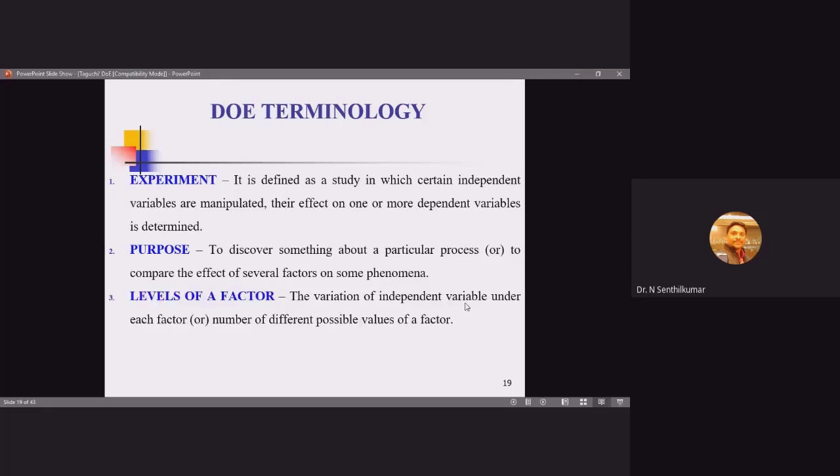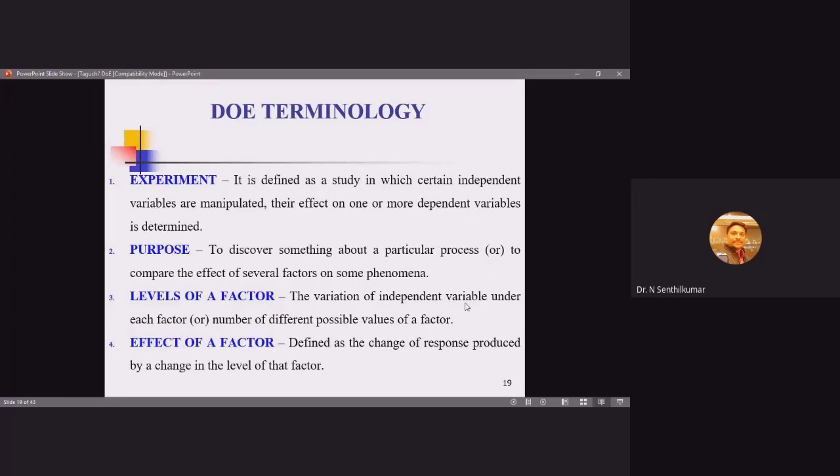The levels of the factors. Before going into this, we should know two types of variables. One is the dependent variable and the other is the independent variable. What is meant by dependent variable? The dependent variable depends upon the input factors, so it is the output. The independent variables are inputs. Inputs I am going to choose, so they are independent. But the value of output depends on the value of inputs that I have selected. So output is purely dependent upon the value of input. That's why the outputs are called dependent variables.